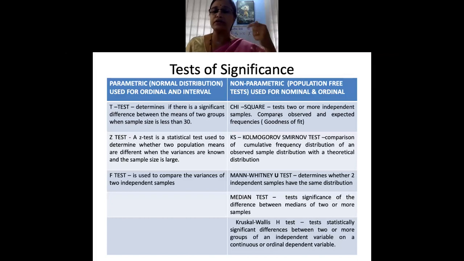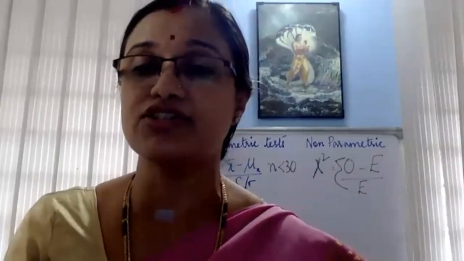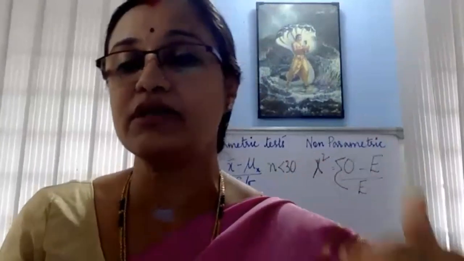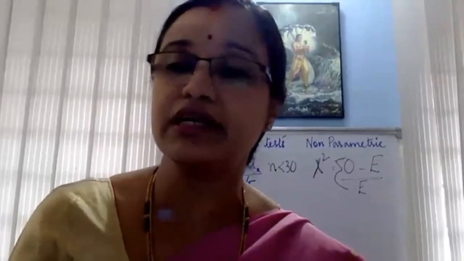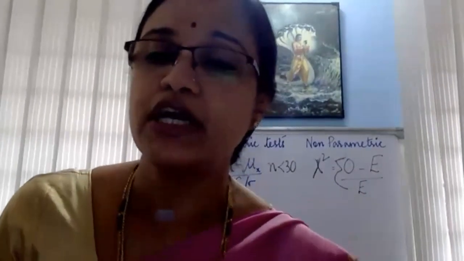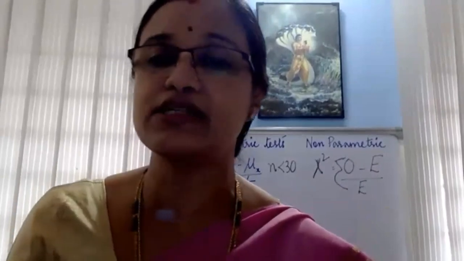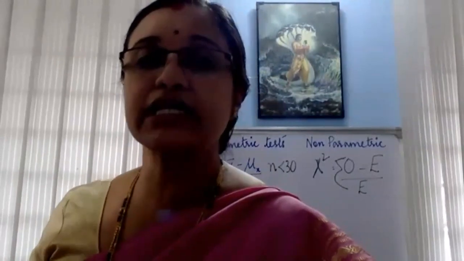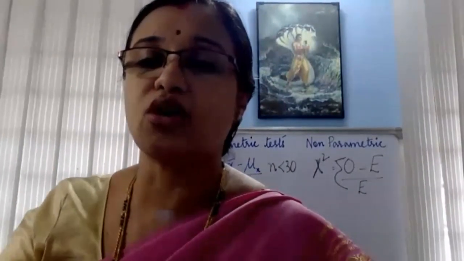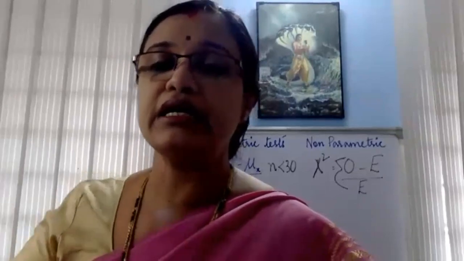Usually when it comes to correlation or regression, if you're using those kinds of techniques and finding out the relationship between the constructs, then as far as possible please use correlation and regression. Correlation and regression will help you find out the relationship. If you want to find out a significant difference, let us say in comparative studies, as I told you, trying to compare the financial performance of SBI and Bank of India.